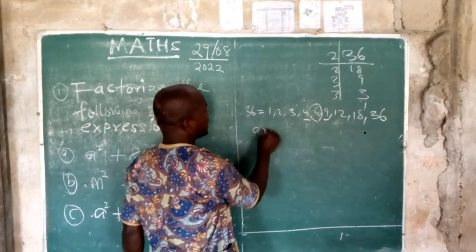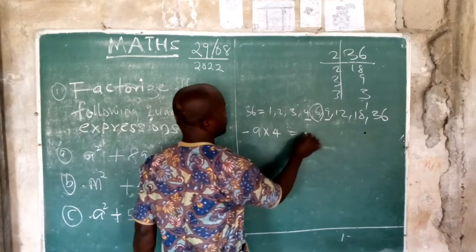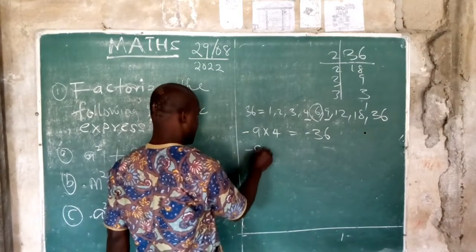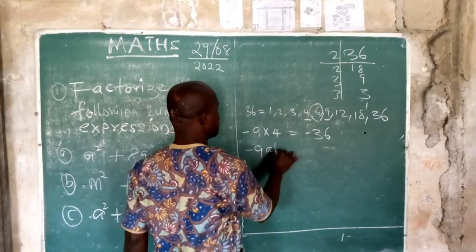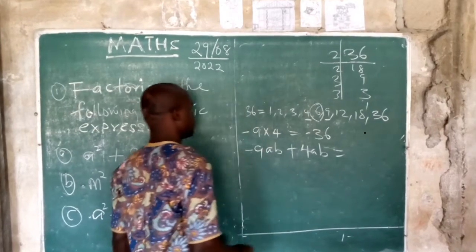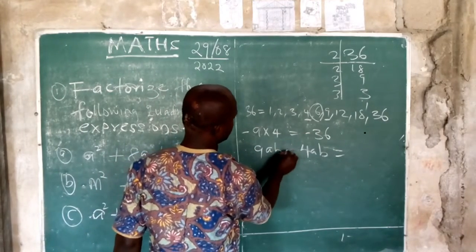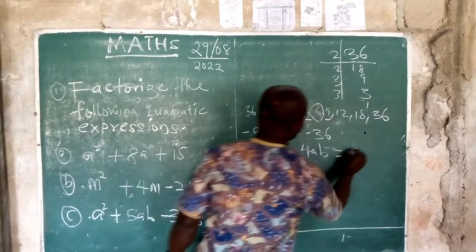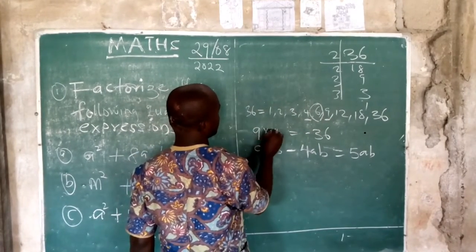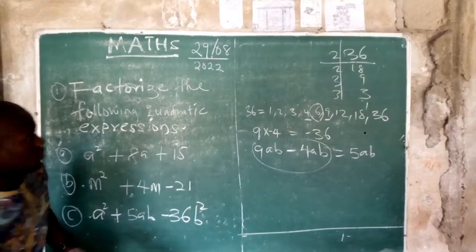Okay, because 9 times 4, minus 9 times 4, gives us minus 36. Okay, and then minus 9ab, then plus 4ab would have given us what? Would have given us, let's put it this way, 9ab minus 4ab will give us 5 what? 5ab. So minus 9 times this, or 9 times minus this, can still give us this. Okay, so this is what we need to resolve this. All right,